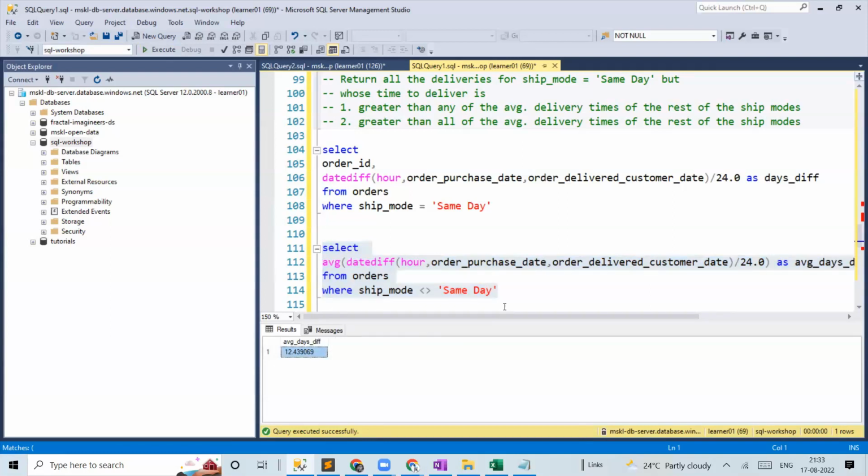The list should be greater than this, whatever we're looking for. One thing I have missed out is I have to just group by the ship mode, because we need to look at it by the ship mode. This is the list of values against which I'm going to compare. I really don't care which one is this, the categories here, as long as it is not same day, the rest of the categories. So right now, if I just put in ship mode here, comma, and then group by,